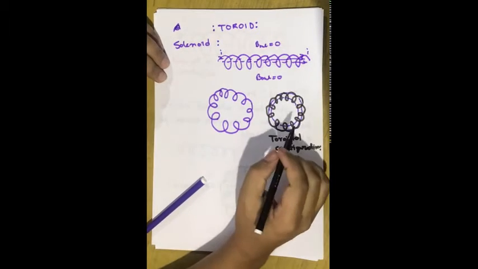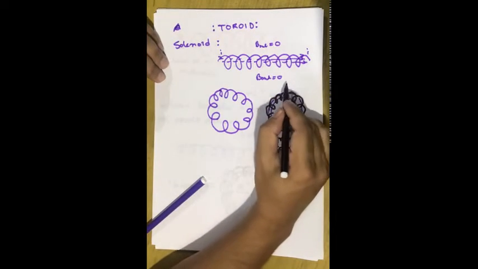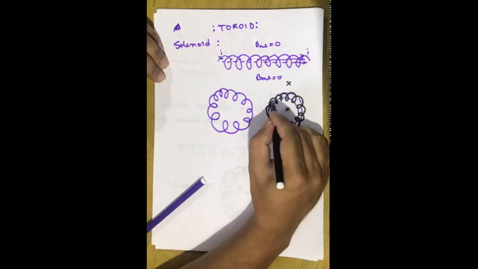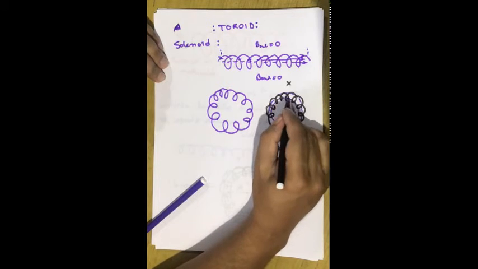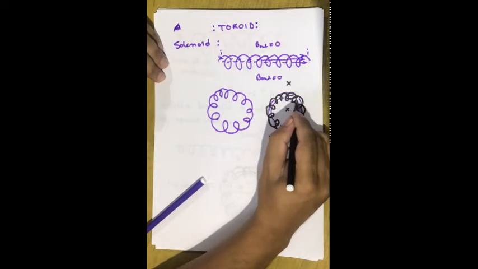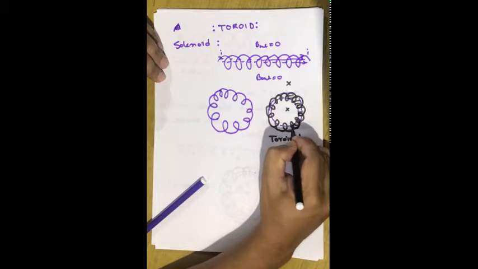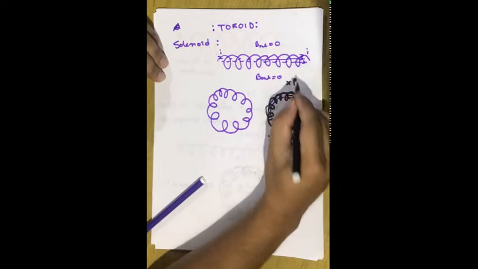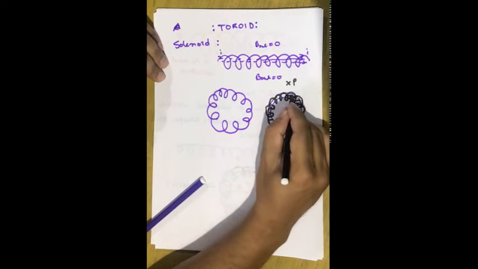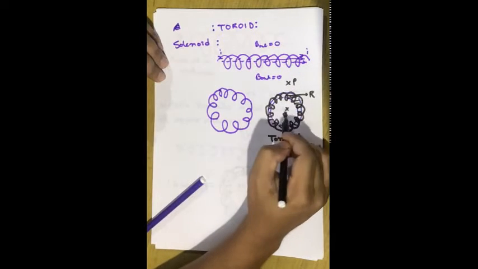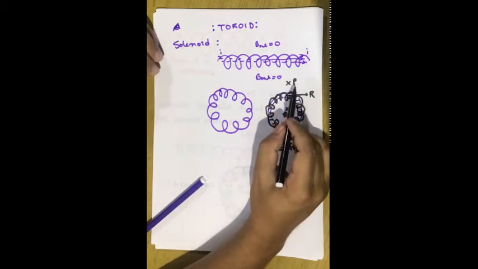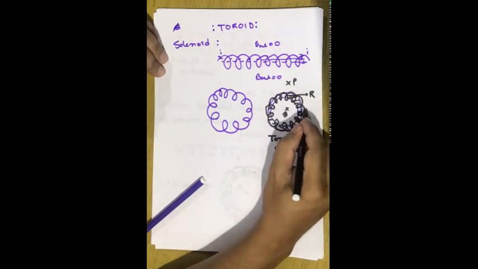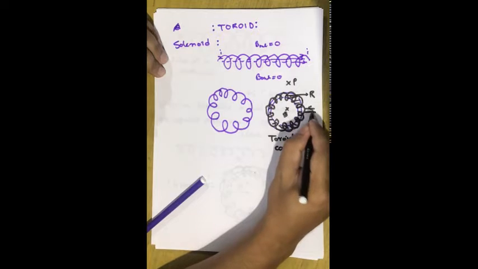Okay, now what we have to determine is the magnetic field outside the region of the toroid, inside the region of the toroid, or in this region, the central region of the toroid. So we are going to determine the magnetic field at these three regions. Suppose this is point P, this is point Q, and say this is point R. Okay, P, Q, and R. We are going to determine the magnetic field at the points P, Q, and R if a current I passes through the toroid. Suppose current I enters here and leaves here.